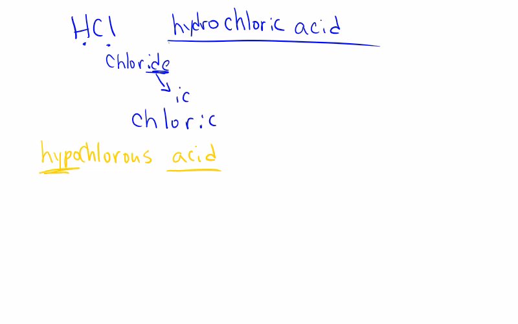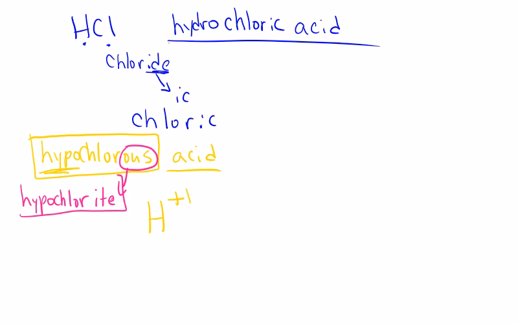We see that it's an acid, so we know there's going to be a hydrogen. We know hydrogen has a +1 charge. We need to figure out what this hypochlorous is. We know that it's a polyatomic because there is no hydro. What else do we know about this? We also know that this ose came from somewhere. We know that it came from ite, from our rules from earlier. So if we were to rewrite this, this would be